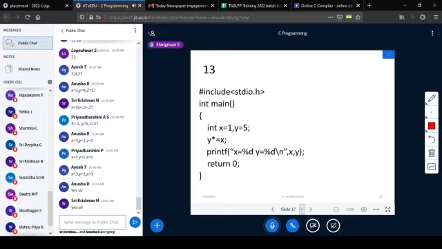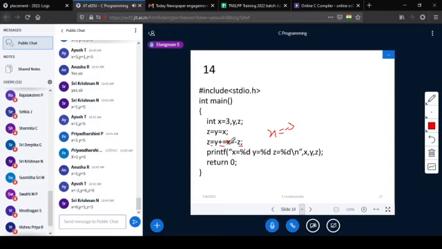So minus z is minus 3, minus 3 is stored to x, so x becomes minus 3. Okay, z is still 3, right? Now y is equal to y plus minus 3, that is y equal to y minus 3.